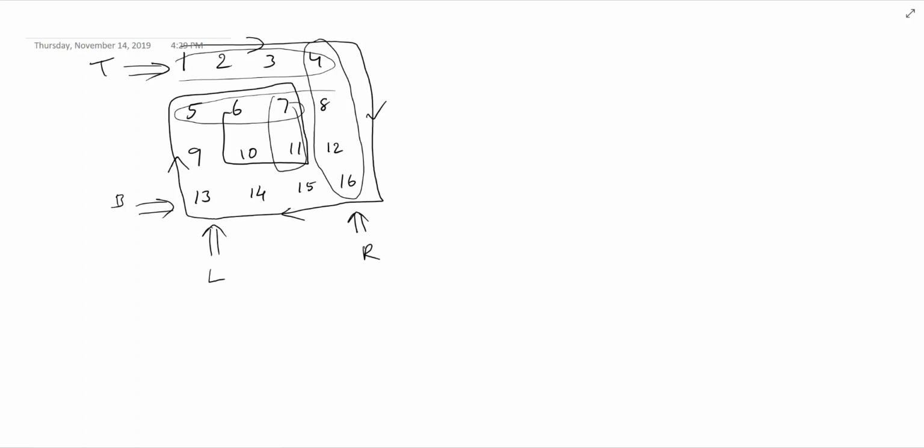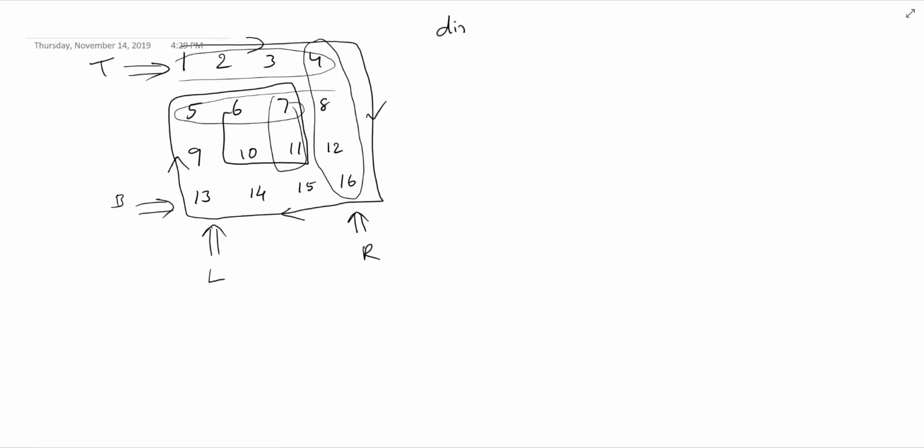If we can keep track of these, by incrementing or decrementing the values of these T, B, L, R, we can keep track of the unvisited rows and columns. And also